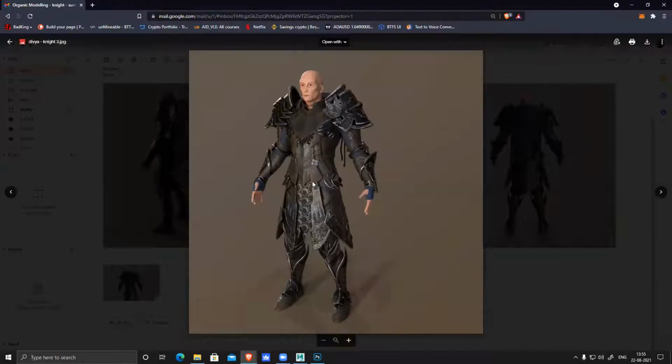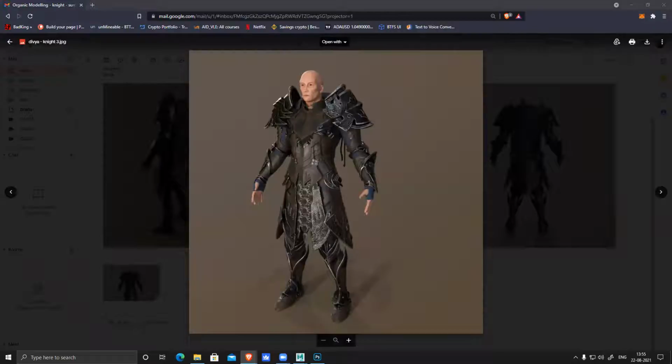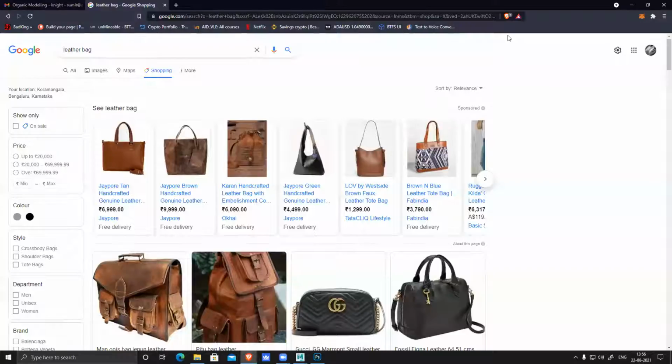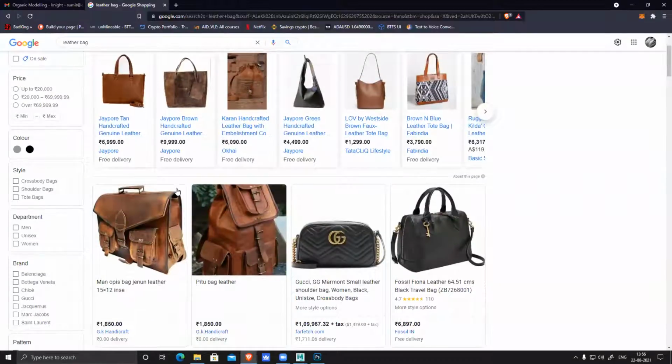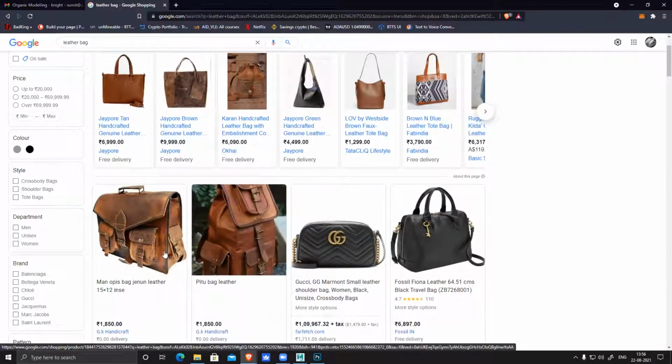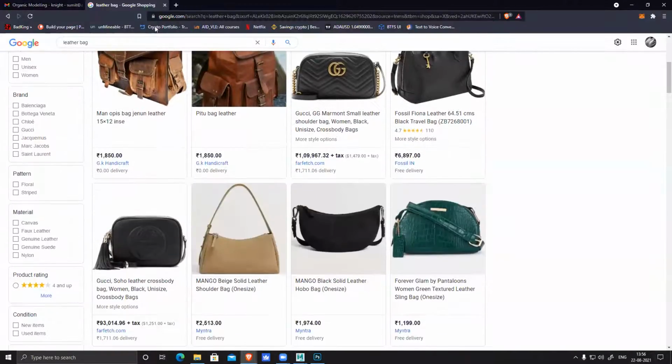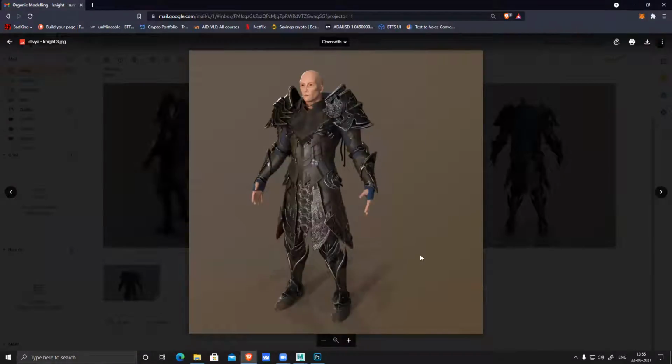But yes, like in leather the tonal values can change. For this I guess you can check leather bags and all. If you check a leather bag, you can see how it weathers. Okay. Tonal value. You can modify it accordingly, because if you add this kind of color it will look more realistic. Yes. So it looks nice. It's nice lighting. Only the camera you have to fix and add more tonal values. It will look nice and clean.